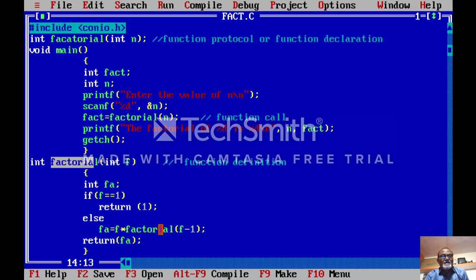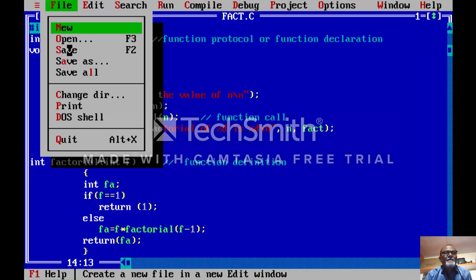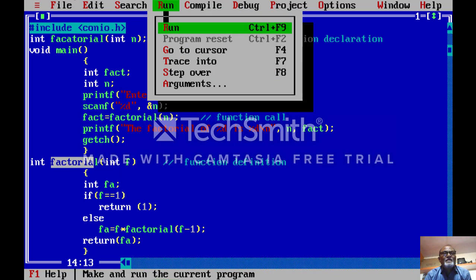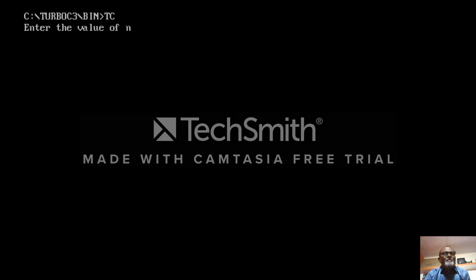But this recursion or this looping is executed till the value of f becomes 1. And when the value of f becomes 1, then it finally returns the value 1 to the calling program. Now save this file and we will run the program.